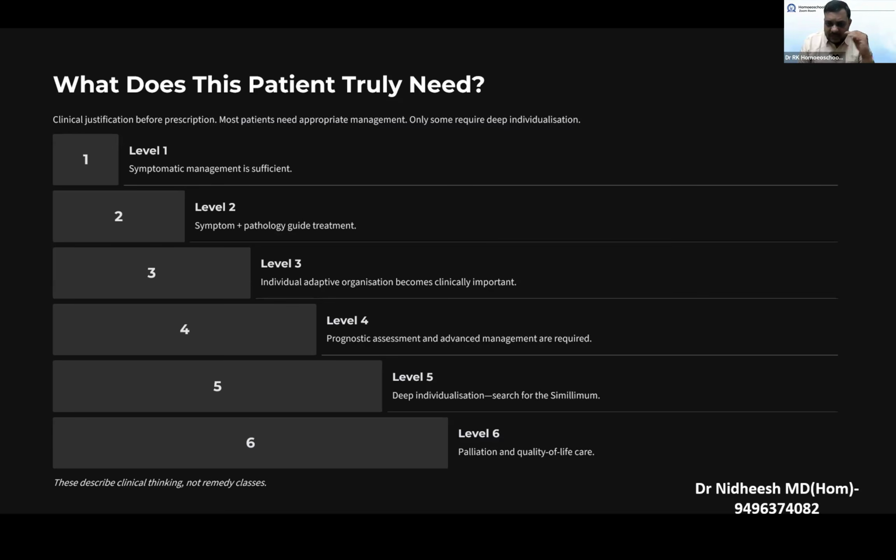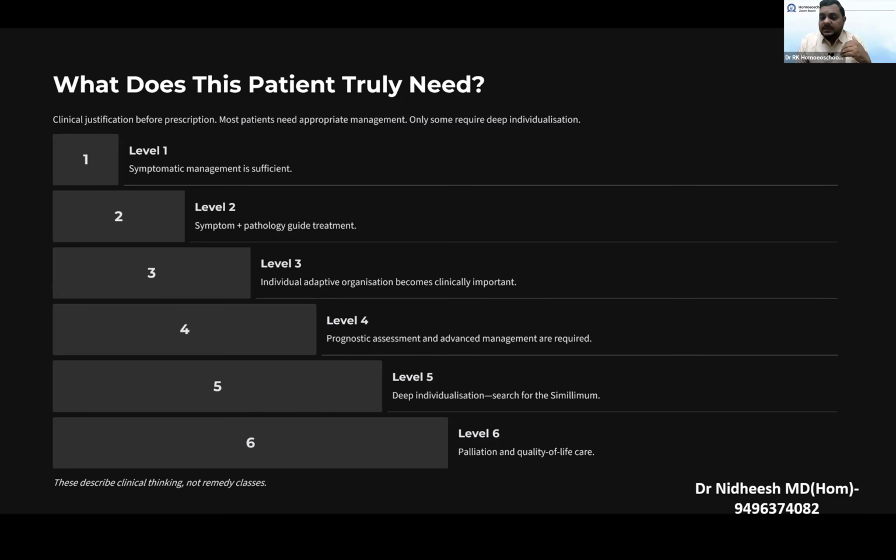After level 3 comes level 4. In level 4, we have to see the symptom similarity, we have to see the pathology, and we have to see the miasm and gene ID. But the most important part is that from level 4 onwards, the case is getting a little more complicated, so that we have to do